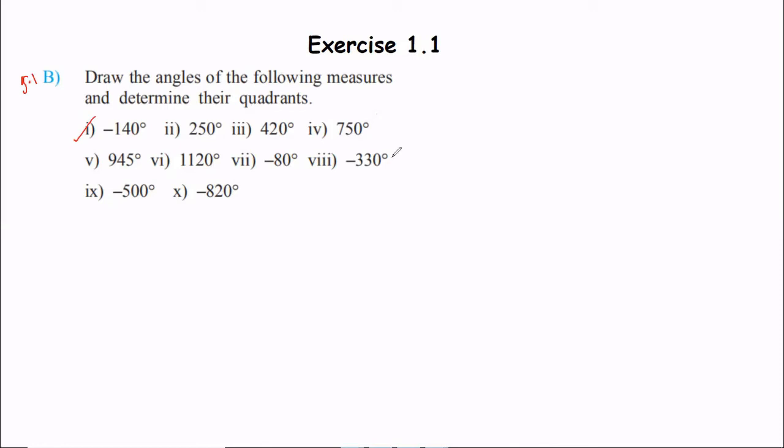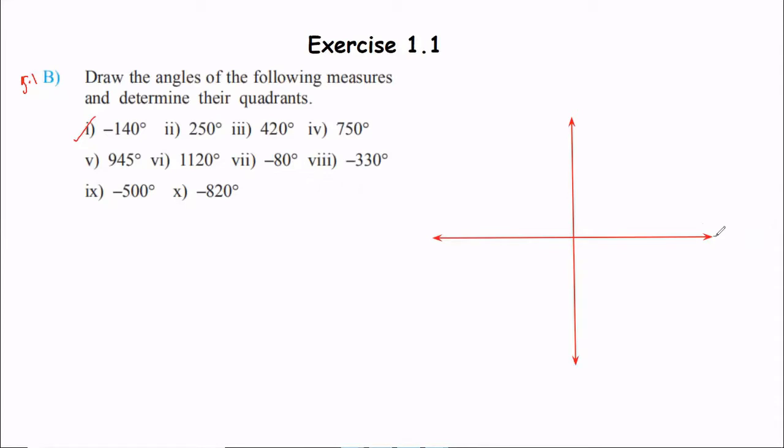So you will need a protractor for this purpose, and I recommend you first draw a quadrant, basically x and y axis, having origin at the center of the page. So this is your x axis. Okay, let me draw it properly. Just a minute. Yes. So this is your x axis, and then this is your y axis. Okay. So now we need to draw and plot angles on this particular thing.